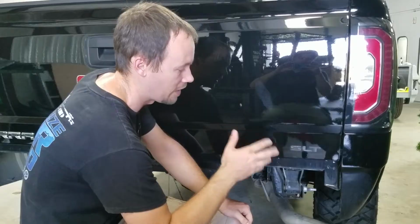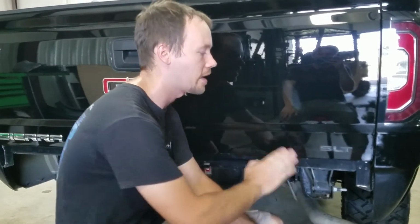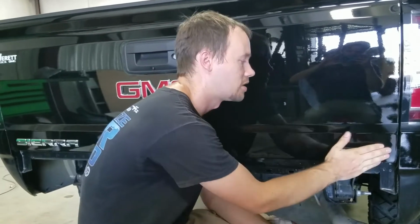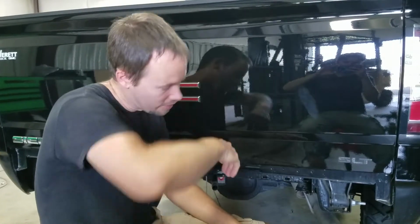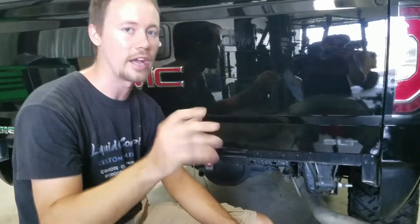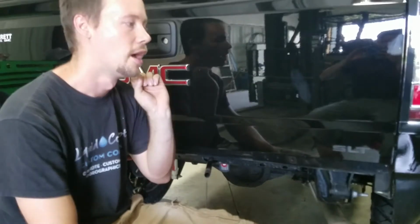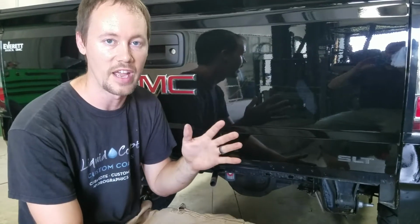So stay tuned. Now again, some people will take lacquer thinner on a rag and wipe it off. It'll come off that way, but sometimes it could actually soften the clear and damage the paint. You definitely don't want to do that. Another way is Goo Gone, or a couple of different adhesive removers. Those all work pretty well, but the fastest, quickest and most reliable way that we've found is through an